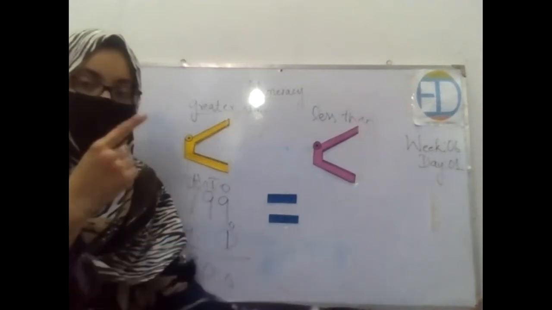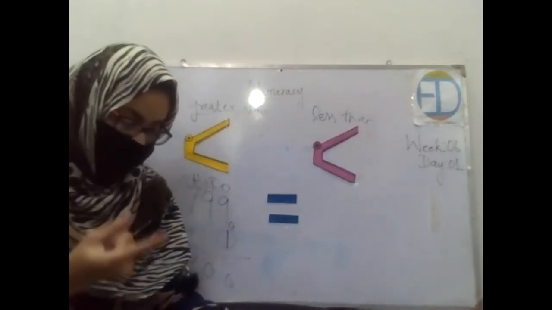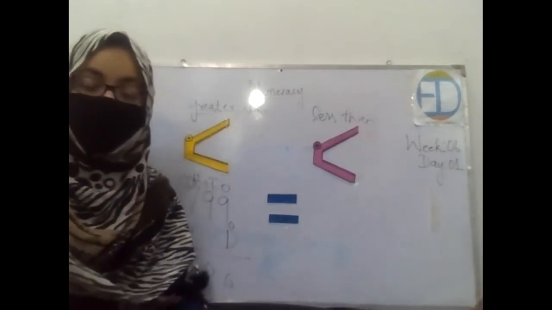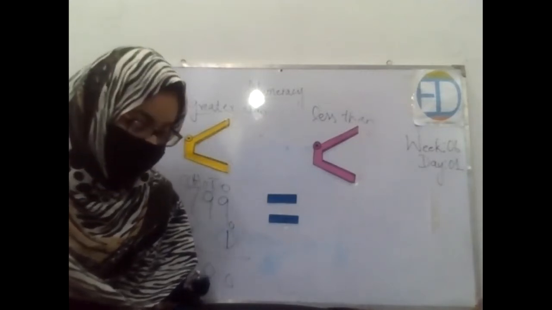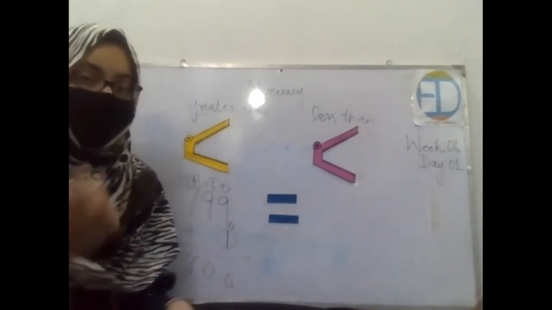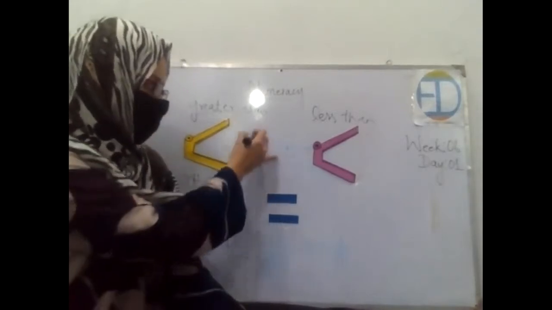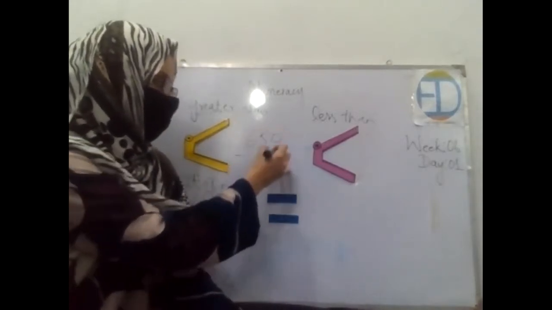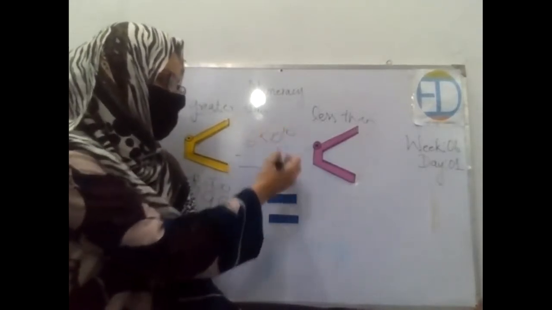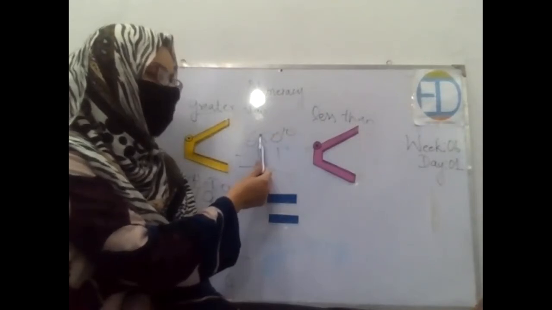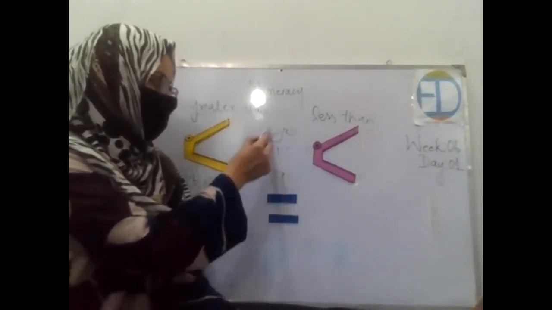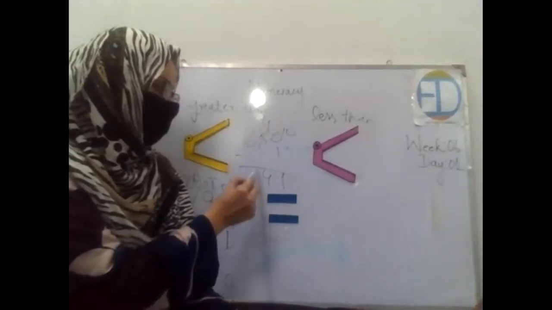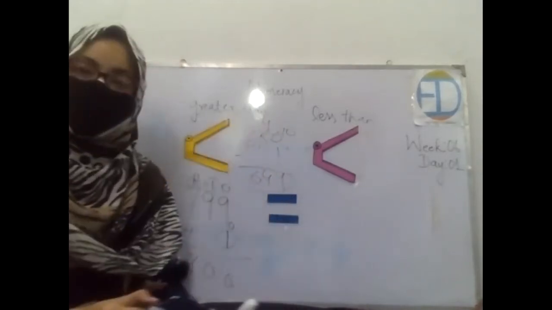Similarly, if you add 1 to 768, what would be the answer? 769. Very well done. If we minus 1 from 650, the number is 650 and you are supposed to minus 1 from this. How will you minus this? You will carry 1 from there, it would turn into 10. Now 10 minus 1 is 9. The remaining numbers are 4 and this. See, the number is 649.